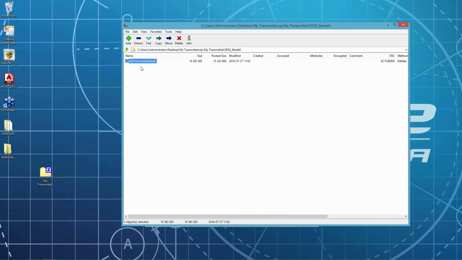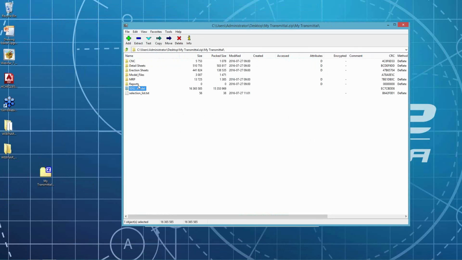And then I have my SDS2 model and then a selection list. So then I could put that in my transmittal as well. So that concludes today's webinar on drawing editor updates, project defined output, and the project defined output